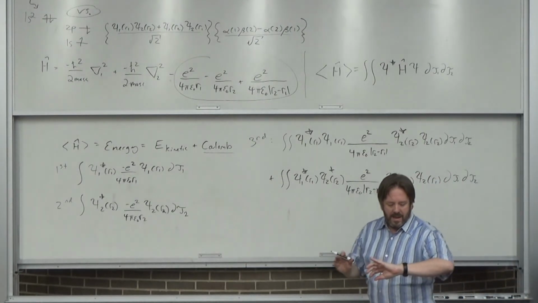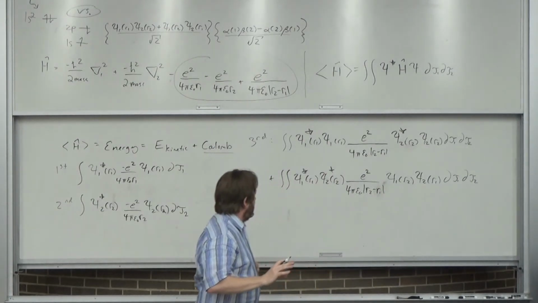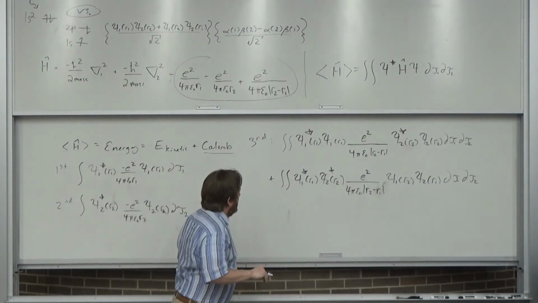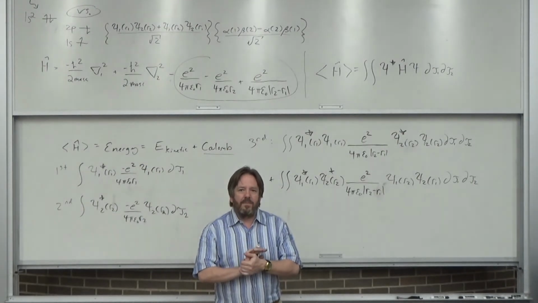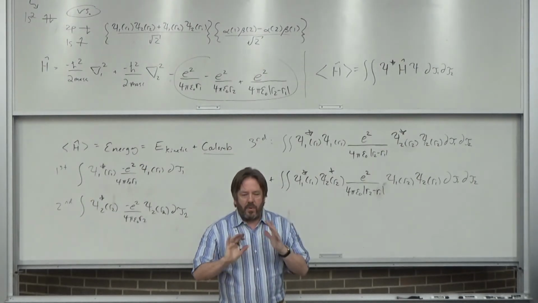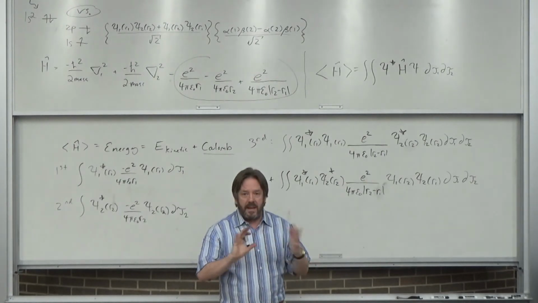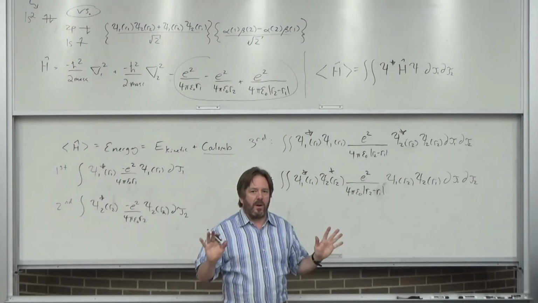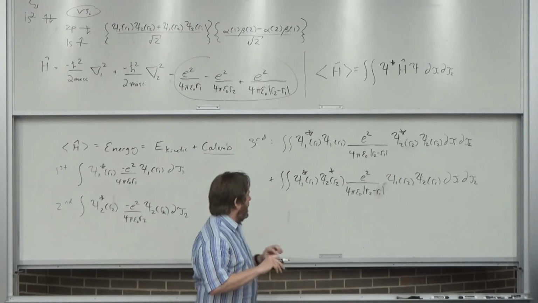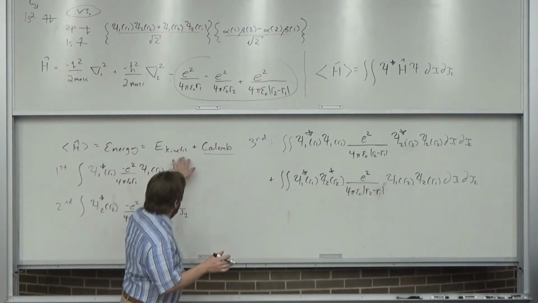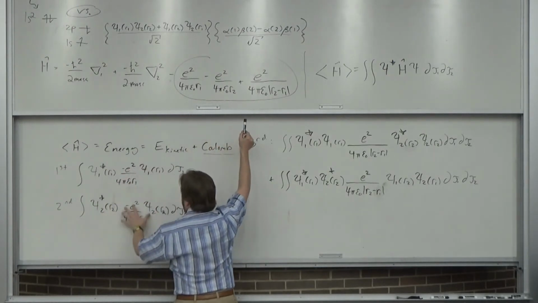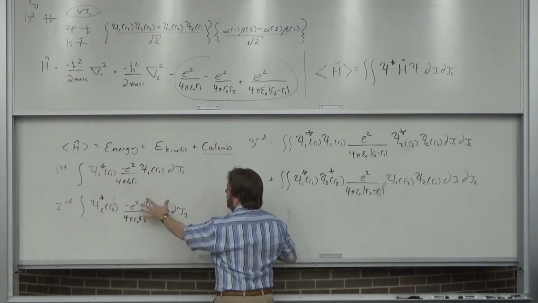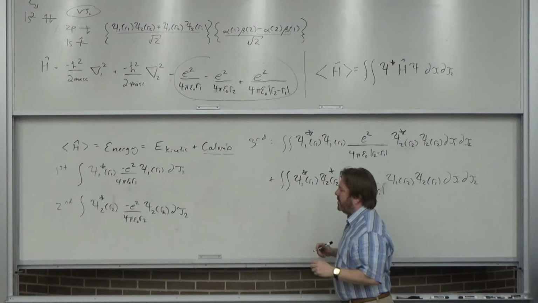Okay, so now I don't have much time left, but let me just show you. Actually, we're almost done. Remember, big picture: we have this multi-electron atom. We're doing expectation value on energy. It's hideous. There's a zillion terms. Most of them are zero. It ends up being kinetic energy. Then we have the Coulomb operators. These two are just electron 1 interacting with the nucleus, electron 2 interacting with the nucleus.